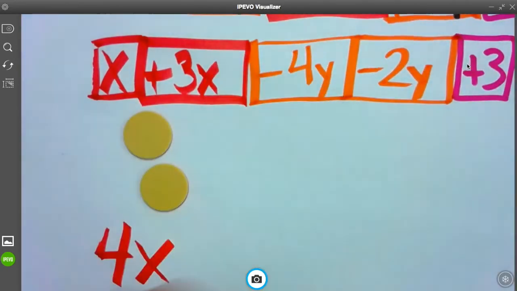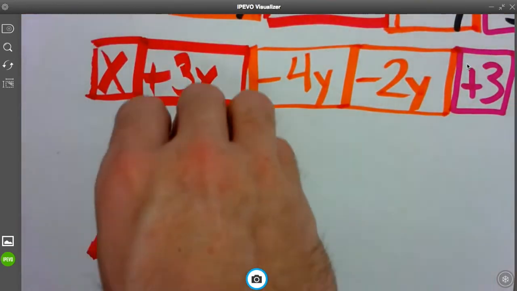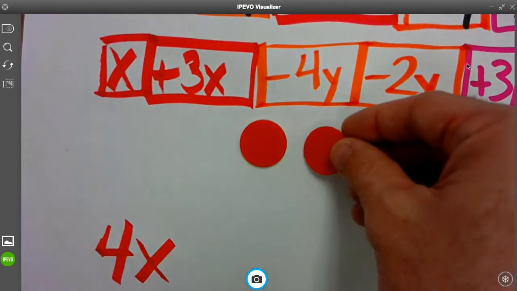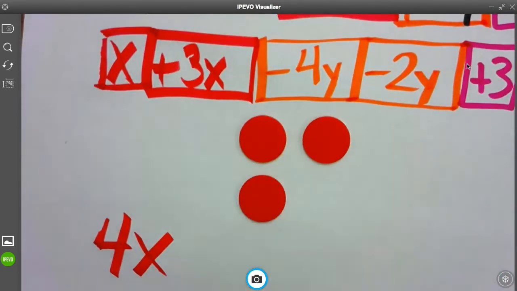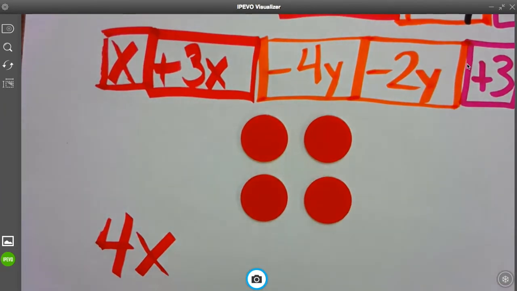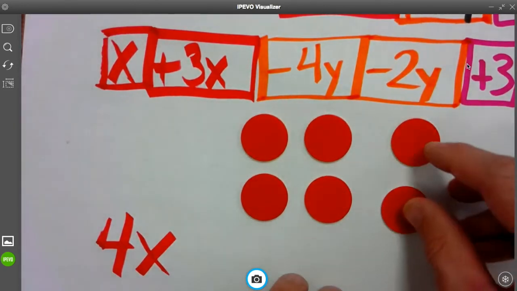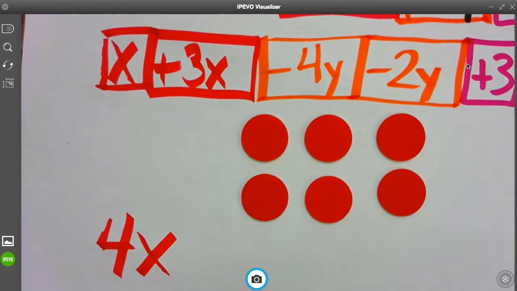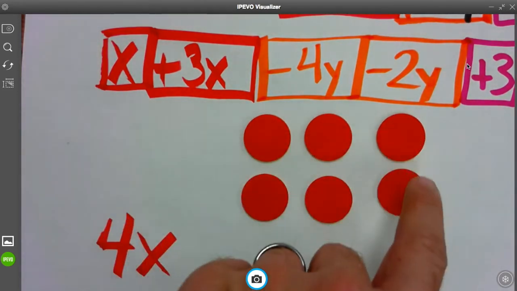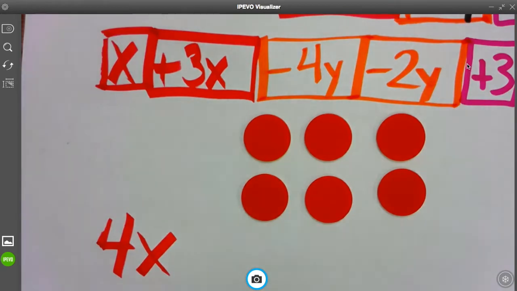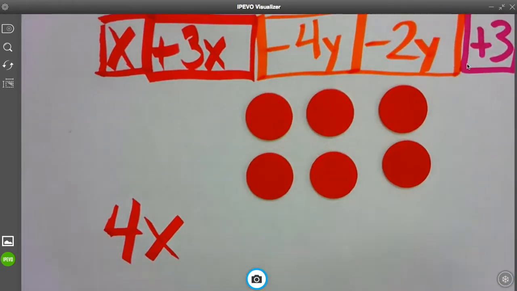Okay, so now let's imagine I have negatives. So I'm going to flip these over. I have 4 negative y's. Minus 2 is the same thing as saying I'm adding a negative 2. So I got 2 negatives. So when I look at it in total, we count these. We have 1, 2, 3, 4, 5, 6 that are negative. So I have negative